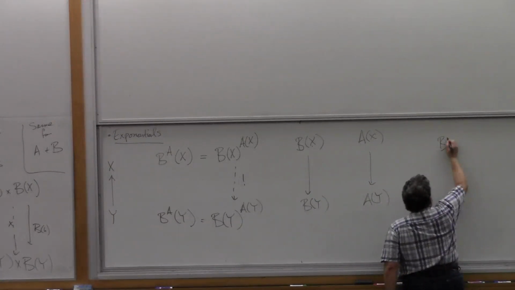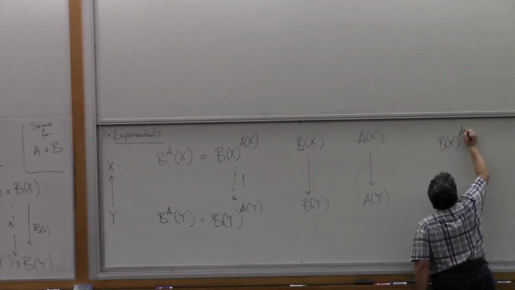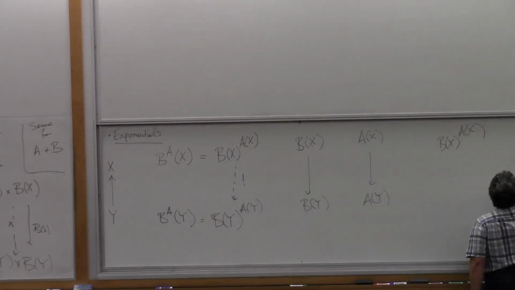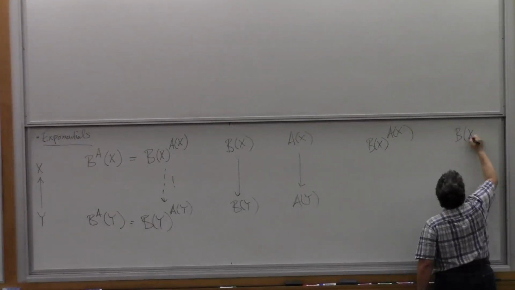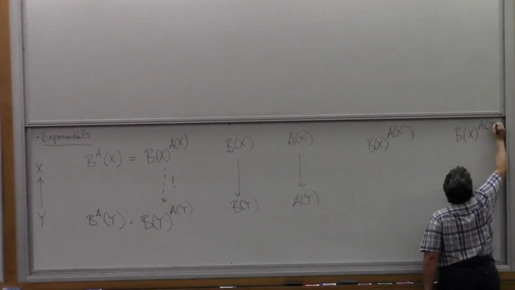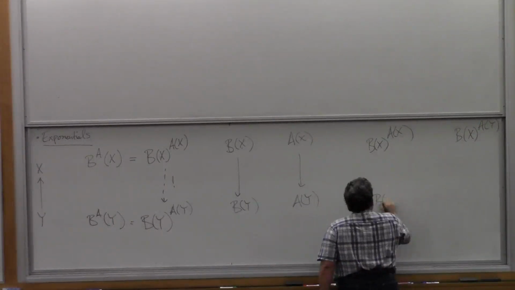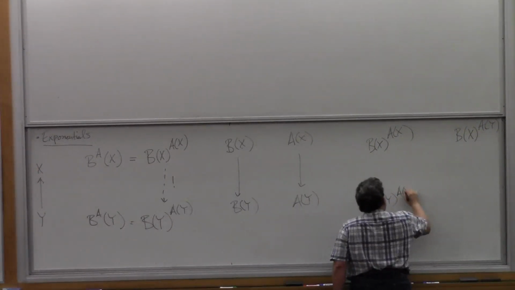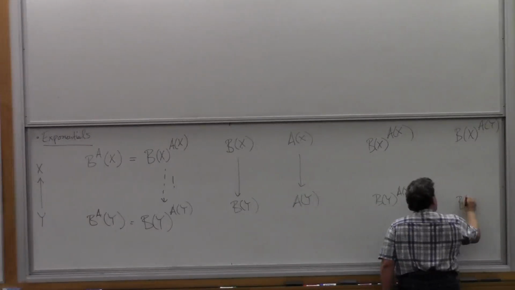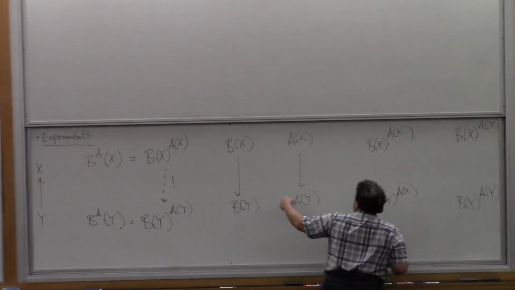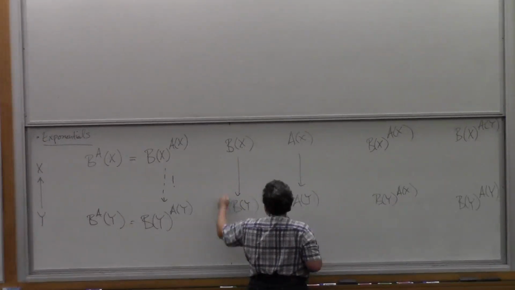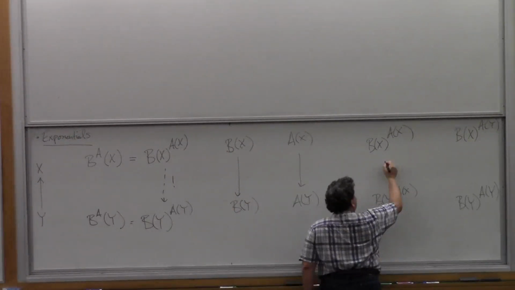Well, we get BX to the AX, and then B to the AY, BY to the AX, BY to the AY. So from this map here, we can just compose with this map,